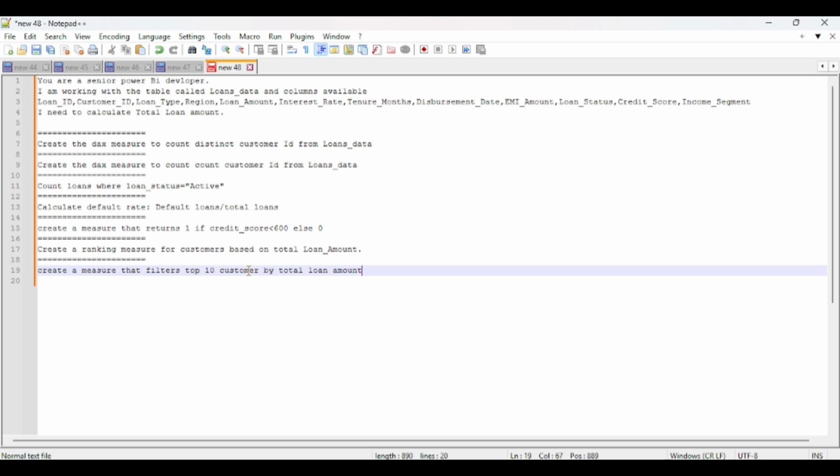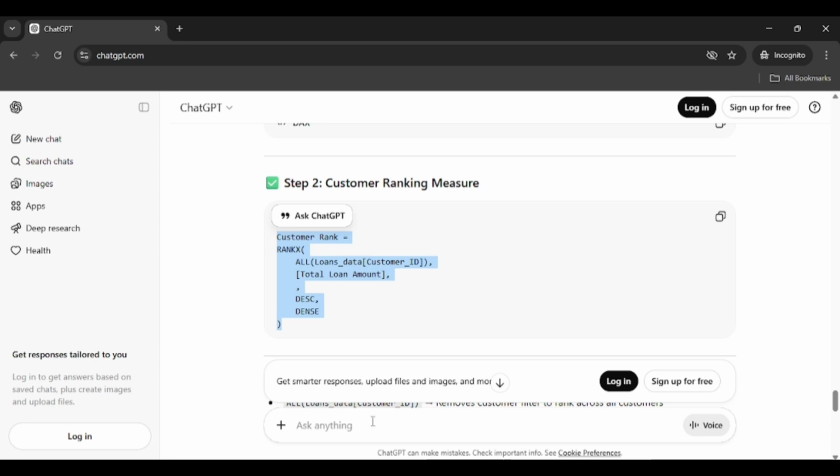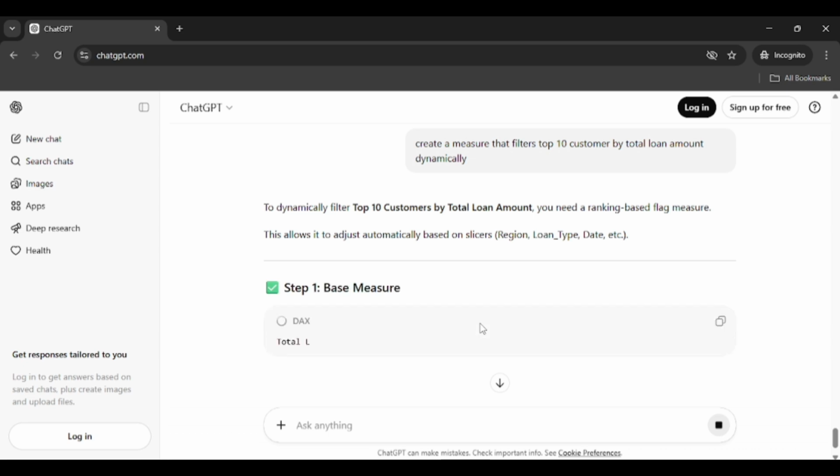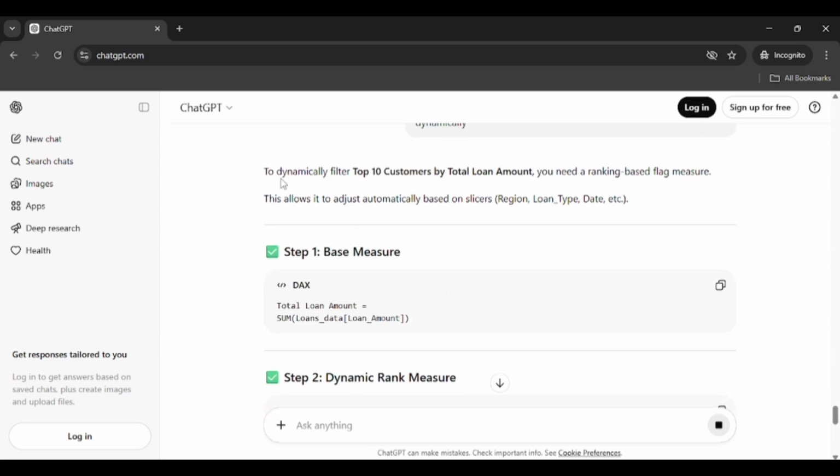Now let's see what kind of response we are getting. Put this here. See this, we have got a clarification: to dynamically filter the top 10 customers by total loan amount,